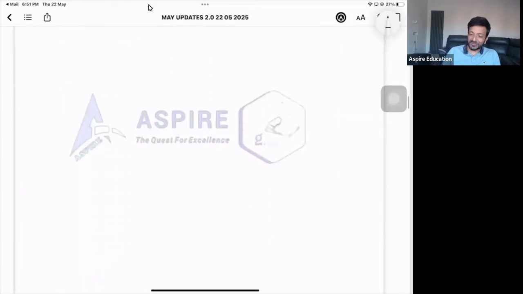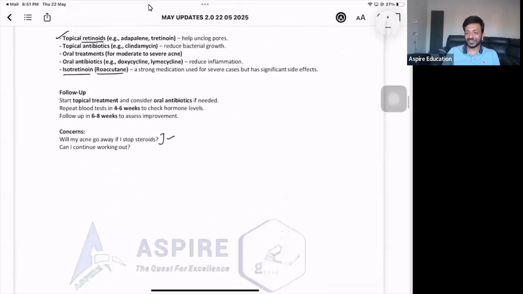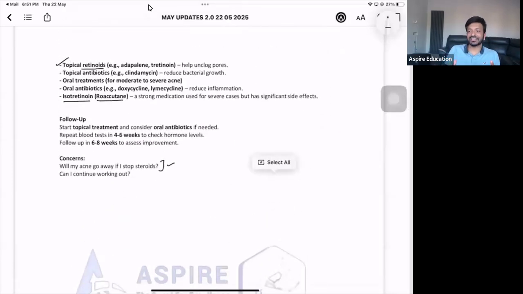If the patient refuses to stop Dynabol, how do we approach it? I mean, that's a treatment refusal, so I think you can manage it, right? You'll explain to the patient why you have come to us, because of acne, and when you tell them the reason for the acne is the drug that you're taking, it's advisable you stop it, and when you stop it, you'll see this acne will start improving. That's it. Benefits are more, so I think they will be able to agree. Or else you can check the understanding of the patient and see if the patient knows the implications of their decisions or not, right?